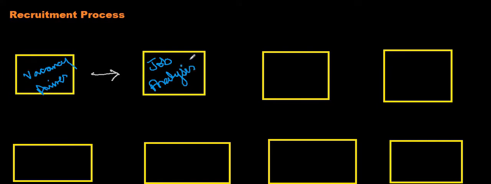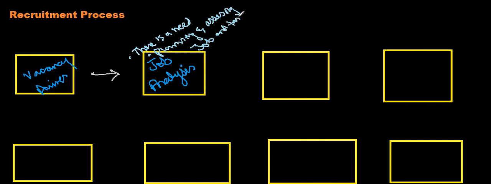Let's plan what do we need to fulfill that need. Planning the job task and assessing job tasks. Once you're done with that, you would want to move ahead to the next step, which is